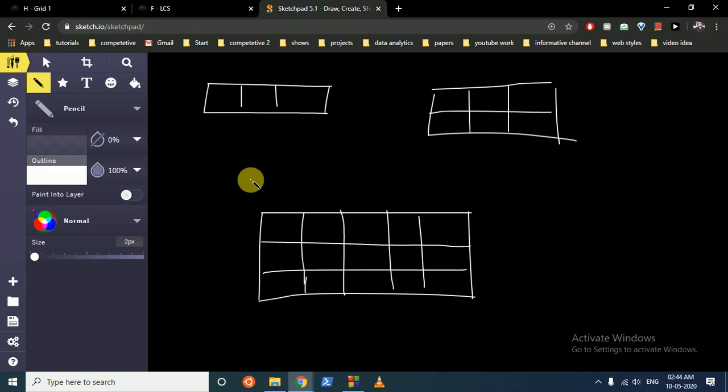For all DP problems, first try to find out the answer for some edge cases, and then see the pattern. So if you are at this point and you want to reach this point, there is only one path. But what if there is a hash between them? Then you cannot reach it, so the answer will be 0.